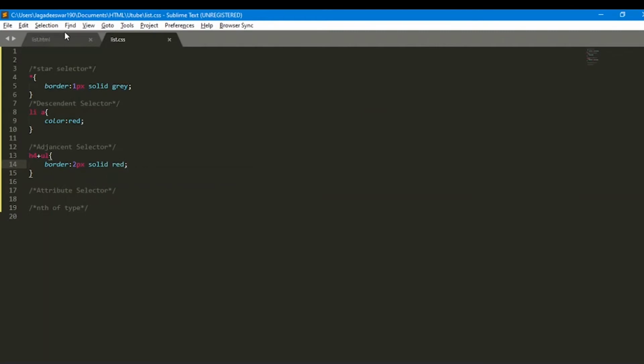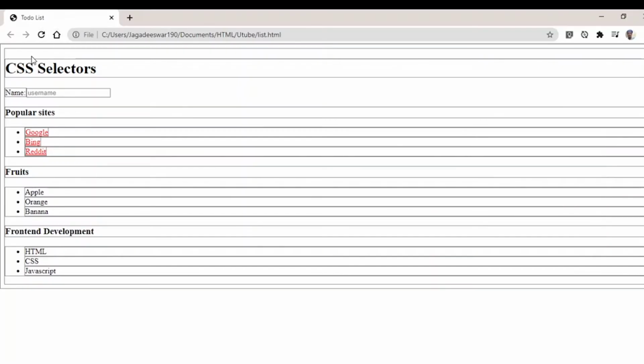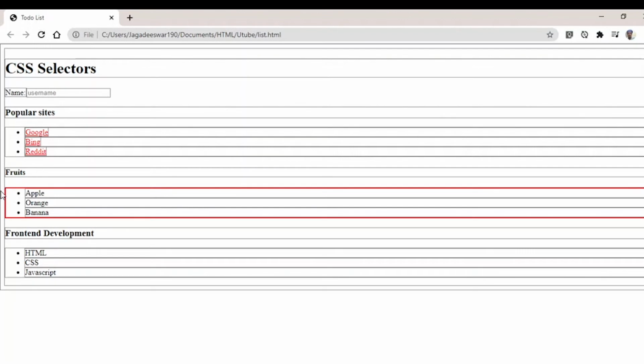Save the file. Now if you refresh it, we have the border for this UL tag, which is the adjacent sibling of the H4. I'm changing the border to red color of 2 pixels, solid red.